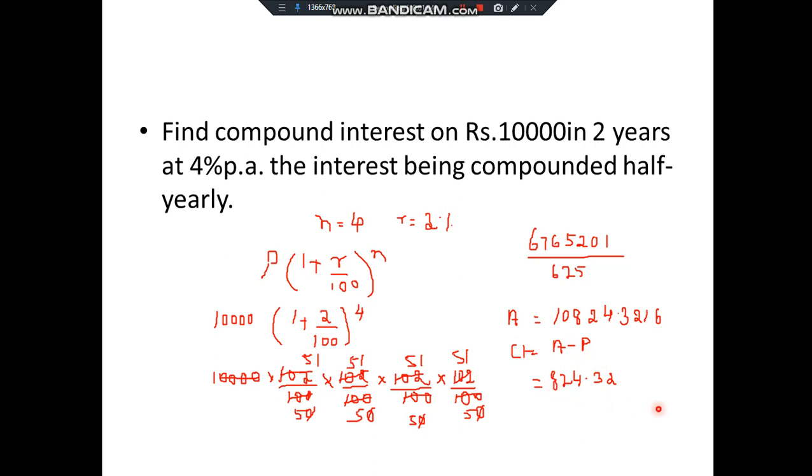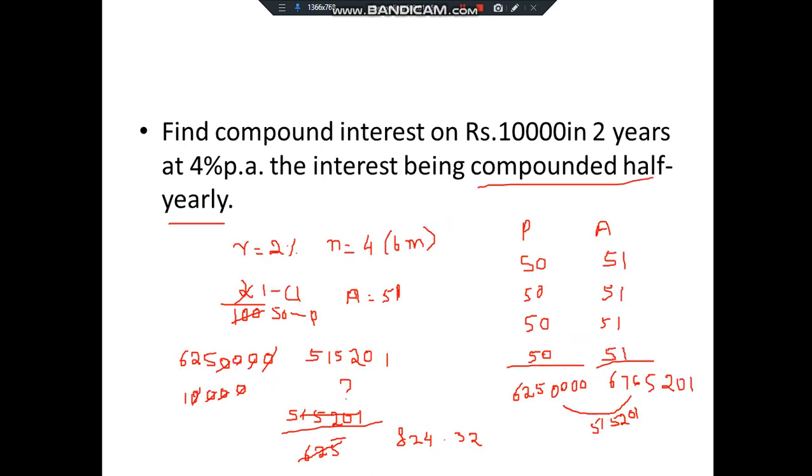See the calculation part, it actually takes time. That is why certain people leave this question. So I have done the same question in another method, which is the fraction method. We cannot go with the 2-3-3-1 method because N is 4 half years, and successive percentage takes actually long time, more than this, because for 4 years you'll first have to find for 2, 3 and then for 4. So let us see how to solve using the fraction method.